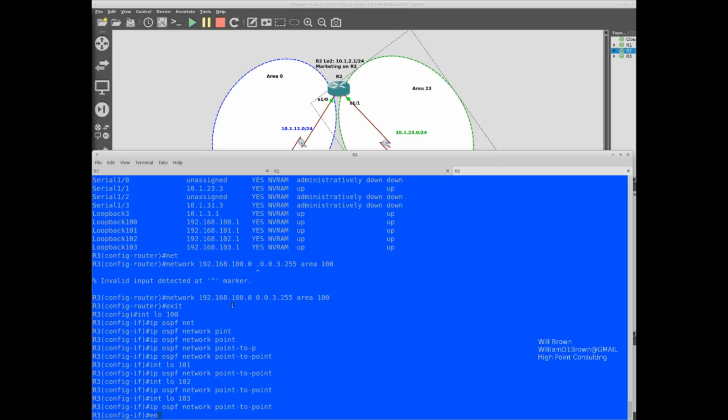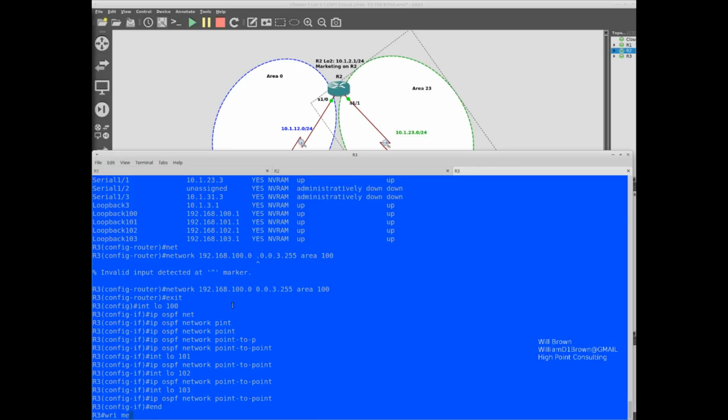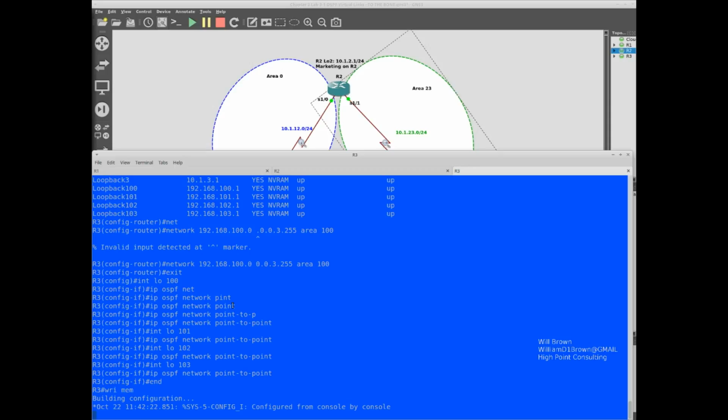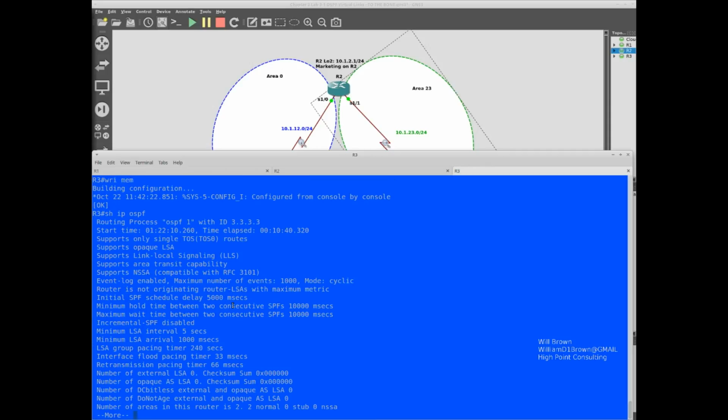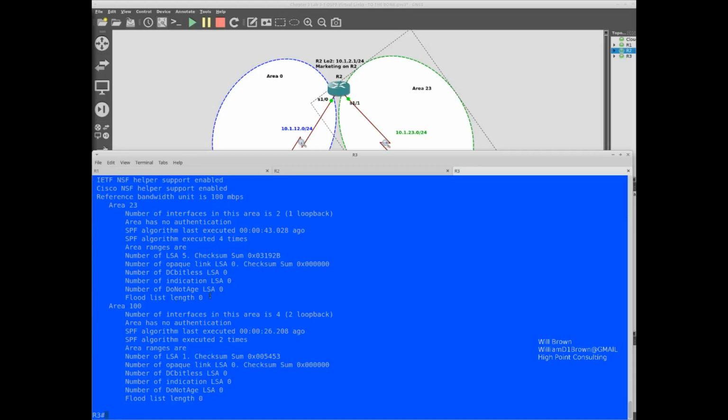Okay, so if we exit here, do a write mem, and then we'll take a look at the OSPF, show IP OSPF, process ID, correct router ID that we want, and that there are two networks, area 23 and area 100.